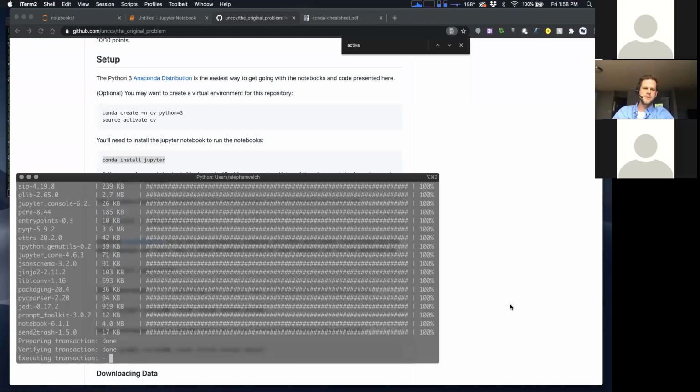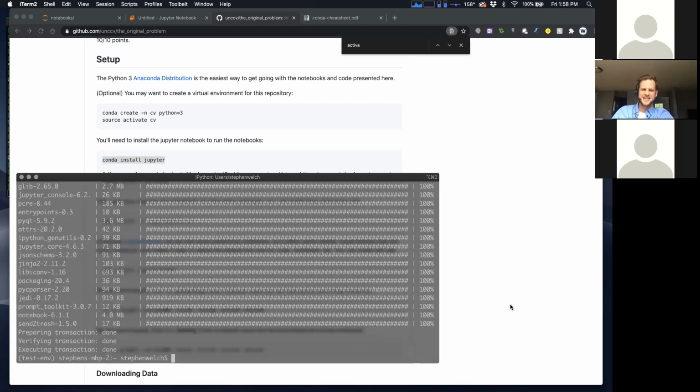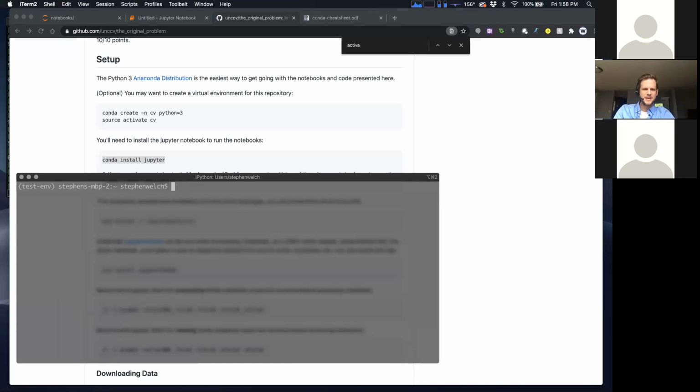But if you do keep things nice and separate, and you want to go back to a previous environment, it's nice because it keeps everything separate, because it is easy to break your environments. You'll see that happen from time to time. So yeah, using virtual environments is a nice idea, and I would probably recommend creating one for each module. I think that's a good idea.